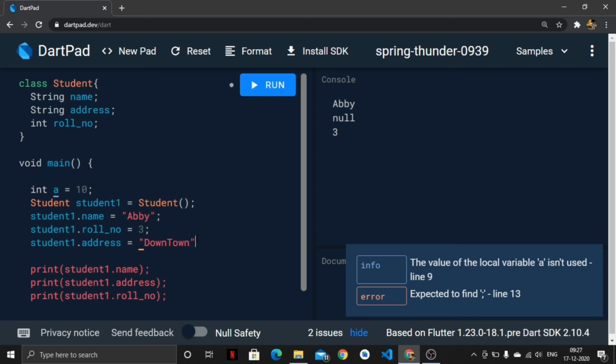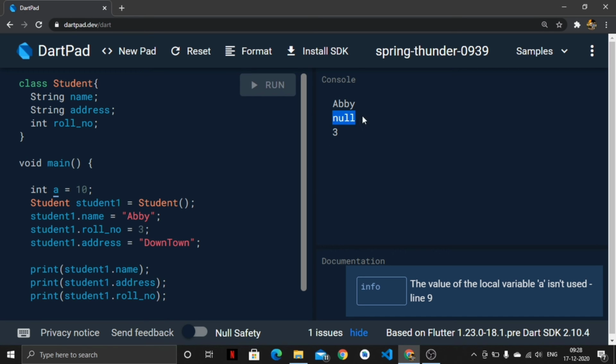If we now run the code, this null would be replaced by downtown, or whatever address you would have written in these double quotes. My net is slow, so this DartPad is running slowly. So yeah, here Abby, downtown, and 3 was my roll number.